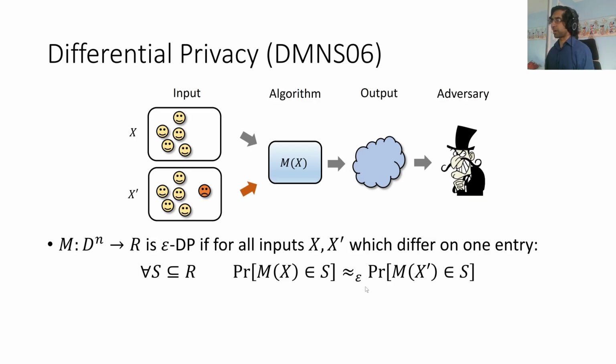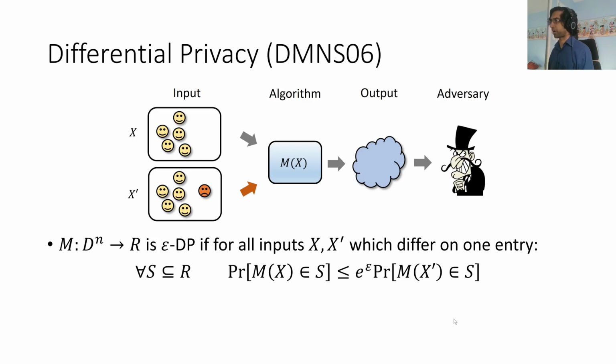Now we use squiggly equals. What does this actually mean? Well, what we actually want is a multiplicative approximation, so e to the epsilon. And generally we're going to think of epsilon as being some small constant. Think about it being like 1, or maybe 0.5, or even 0.1. Anything in this ballpark is a reasonable privacy parameter, let's say. So we're going to want this type of multiplicative guarantee in terms of epsilon differential privacy, otherwise known as pure differential privacy.